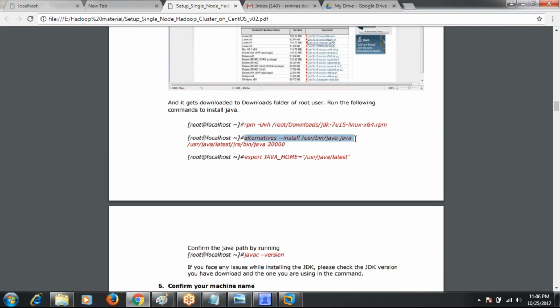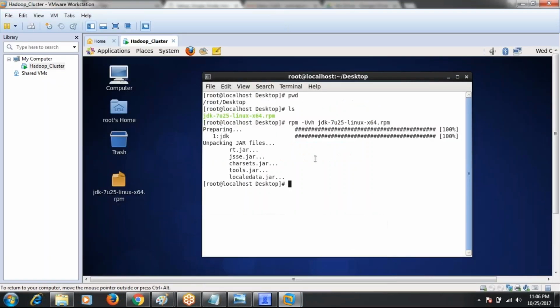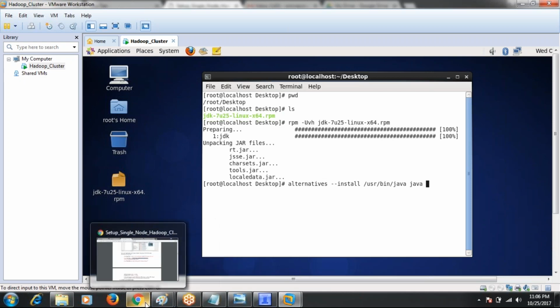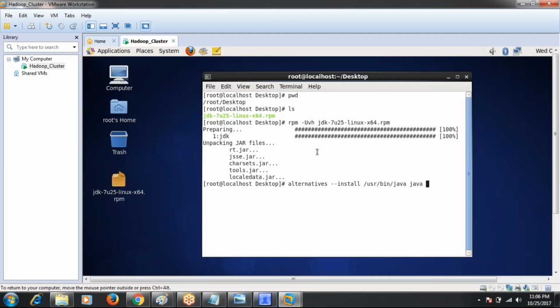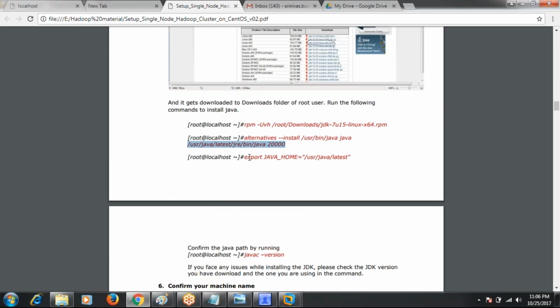Run this whole command in a single line, and copy the remaining part also. This one. Enter.